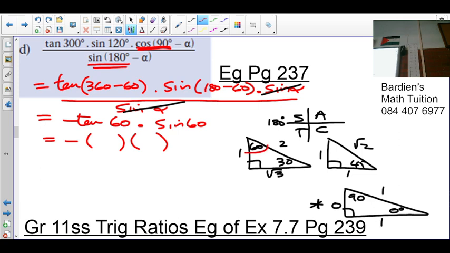So what does tan stand for? Opposite over adjacent. So it's root 3 over 1. Sine 60. Okay, sine 60. So that's the angle 60. So it's opposite over hypotenuse. So that would be root 3 over 2. So the ultimate answer is negative. Root 3 times root 3 is 3 over